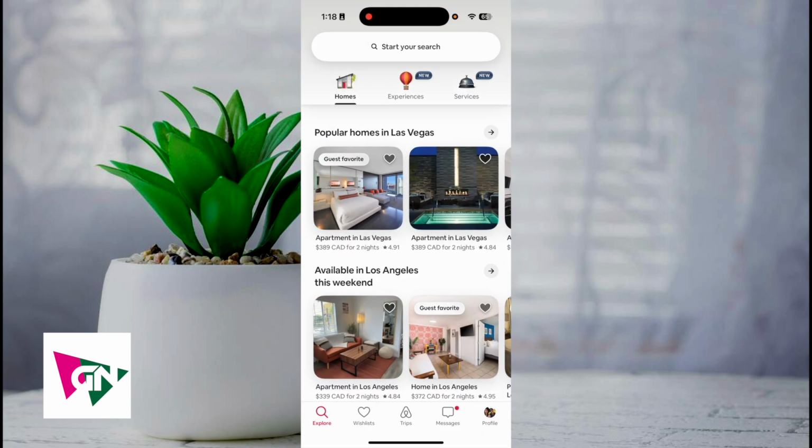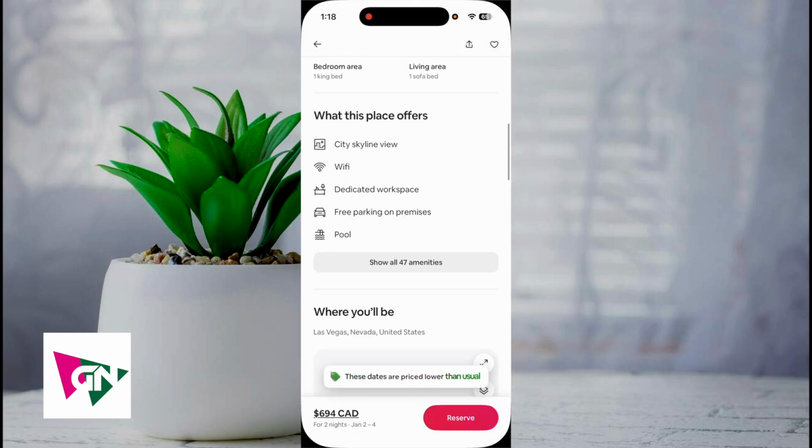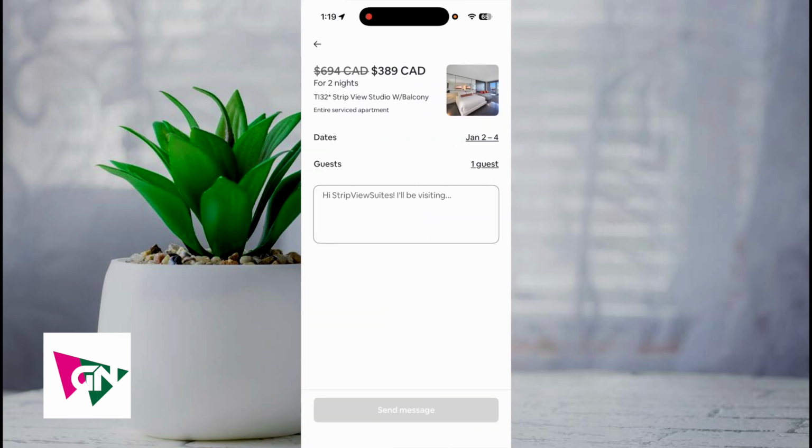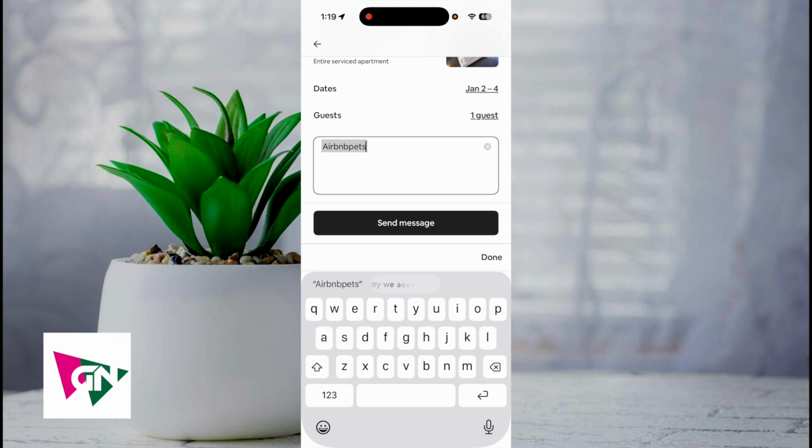So if we go into Airbnb, then click on a listing, and let's say that we want to message this host or reply to a message, click on message host, so Airbnb pets. And then notice how as soon as we click on space, it's going to fill that message. So that right there is basically the best way that I've been able to define message